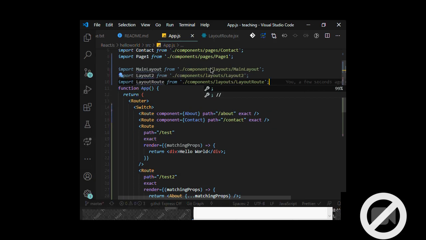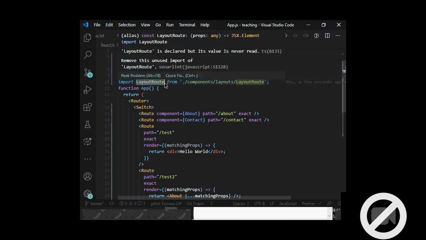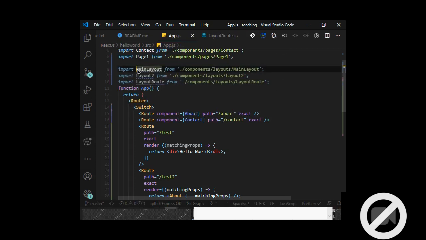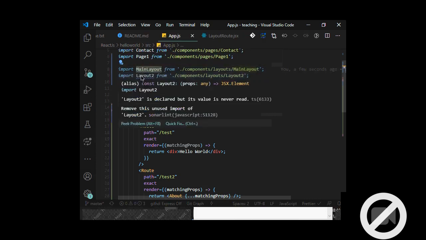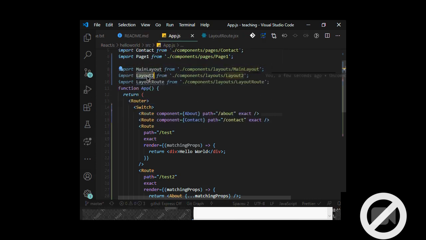Okay, so first task was to create different layout components, which I created, main layout and layout 2. Second part is to define the layout route, which will bifurcate the route if I want to display the main layout or the layout 2. Now instead of this route path, we have to call this layout route. So for example,